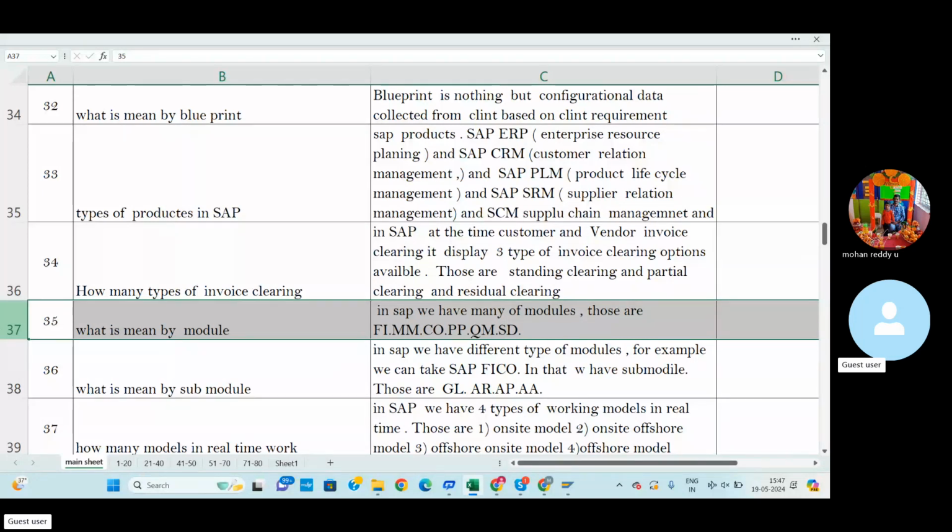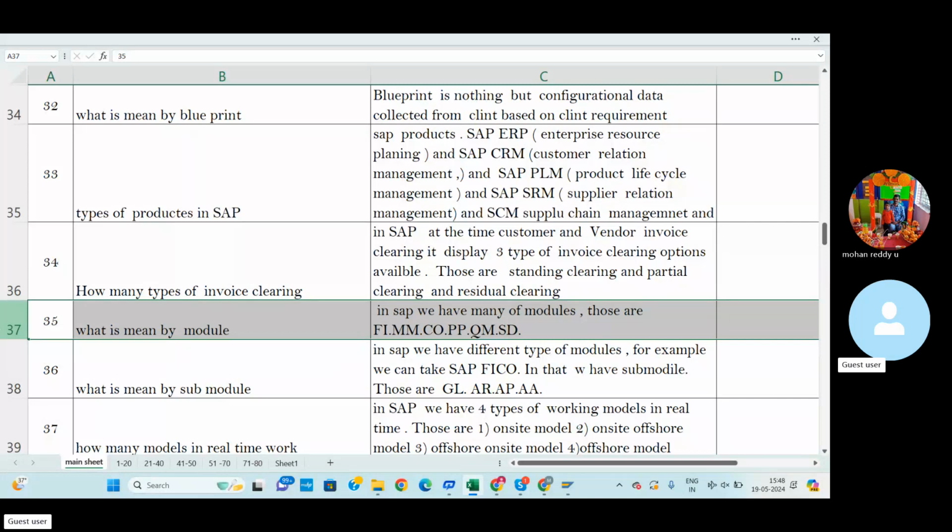FI indicates finance-related modules, and MM relates to material management. CO also relates to financial management, and it is mainly used for cost controlling. In cost controlling, CO involves all modules within the organization. Then PP is production planning, QM quality management, SD sales distribution, and HR.